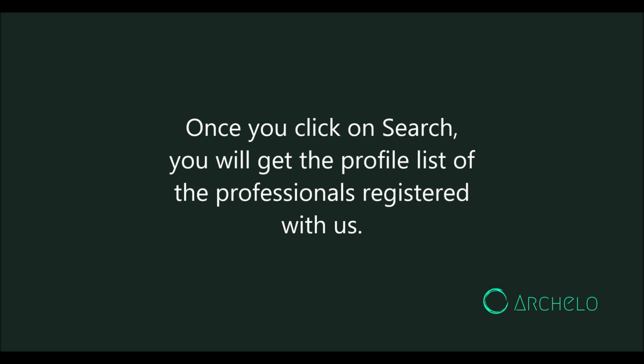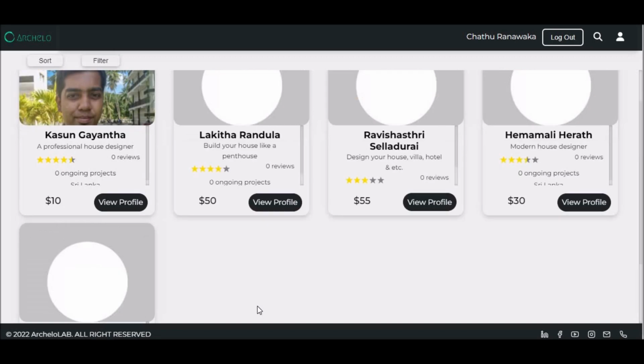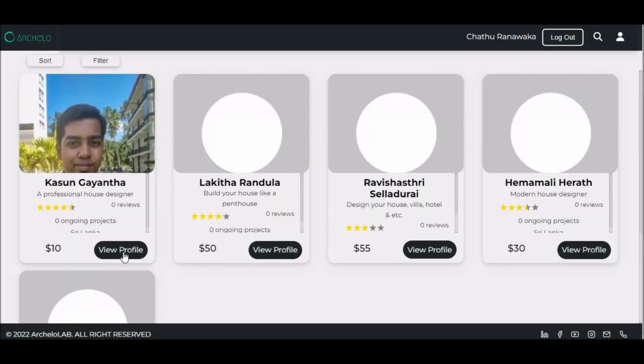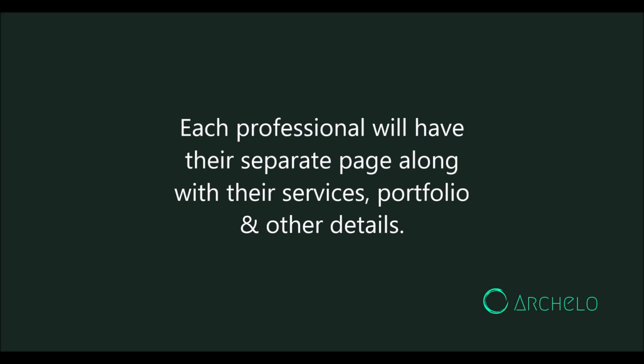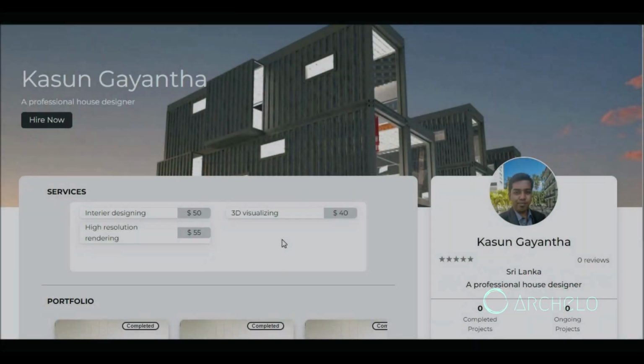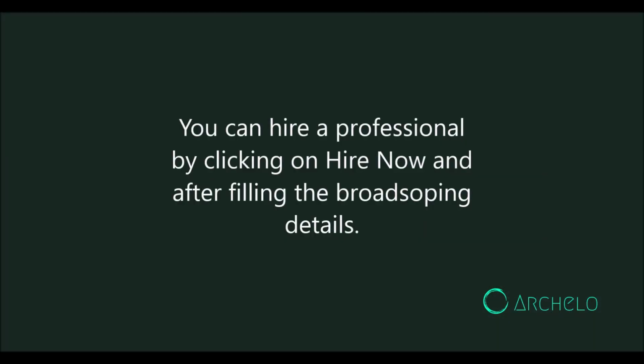On the results page you will be shown the professionals that match your given details. To get a better understanding of each professional, you can visit their individual profile and see their services, portfolio, ratings and etc. If you are interested in working with a selected professional, you can simply click on the Hire Now